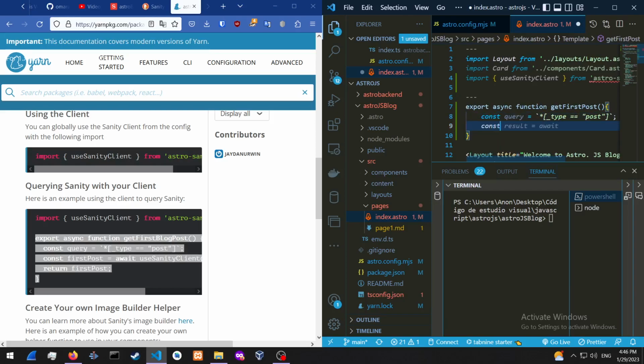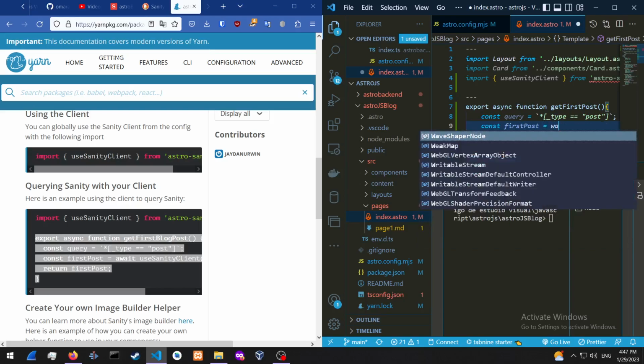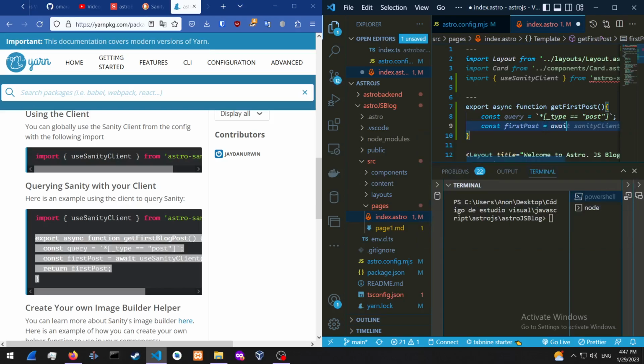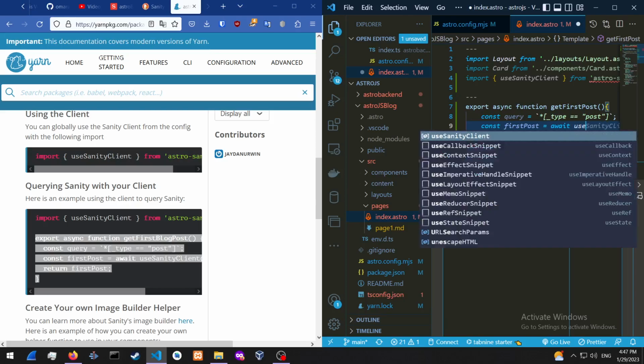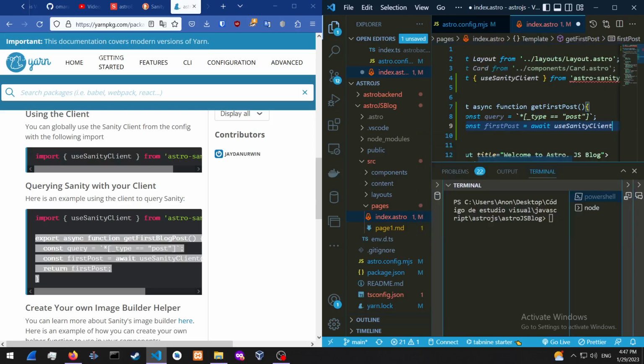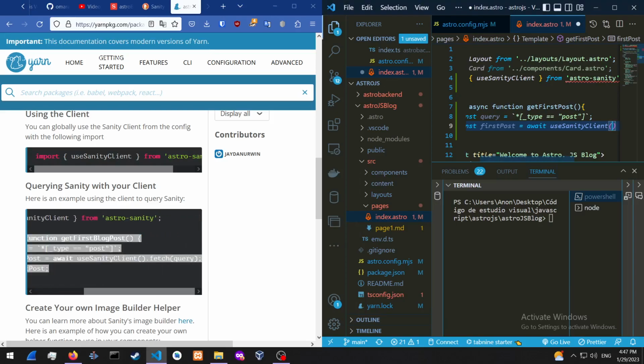and then const first post equals await use sanity client. Then we're going to pass in the query, as if I remember. Yep, we're going to